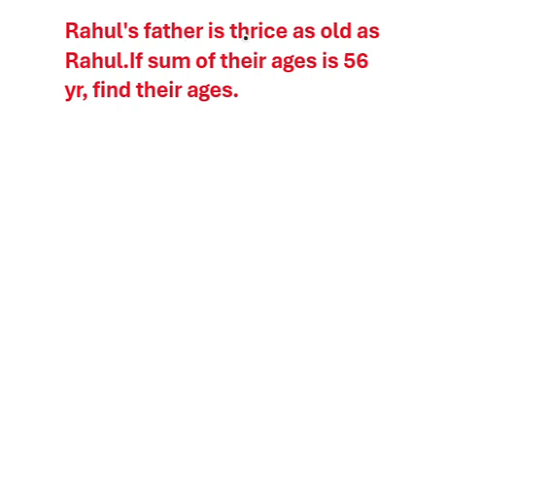Here Rahul's father is thrice as old as Rahul. If the sum of their ages is 56 years, find their ages. Now here, to solve this age problem with a linear equation, we will first have to keep one of the two persons' age as x. Now here we will keep Rahul's age as x and Rahul's father will be